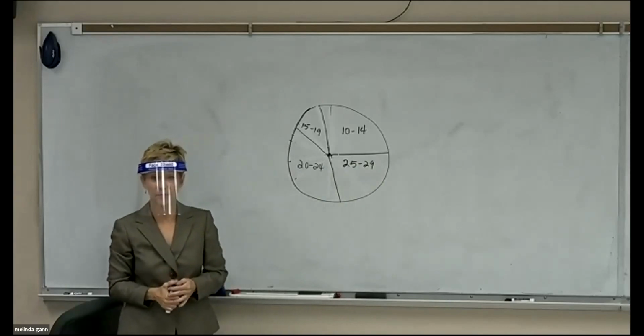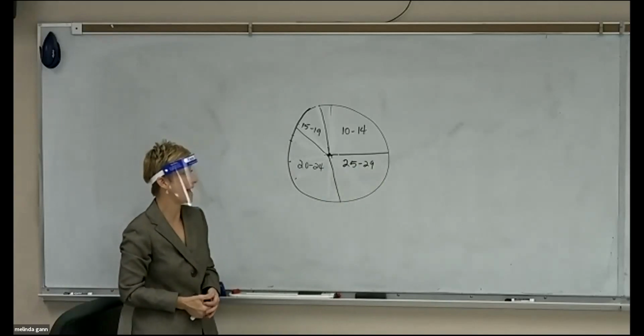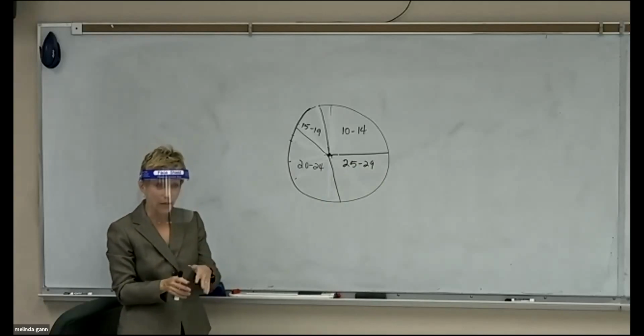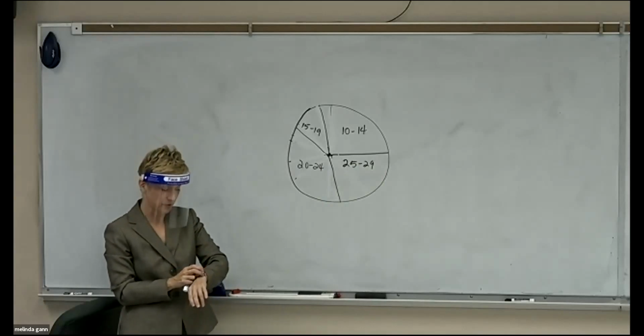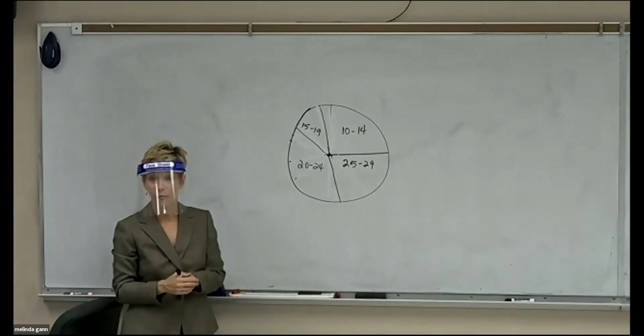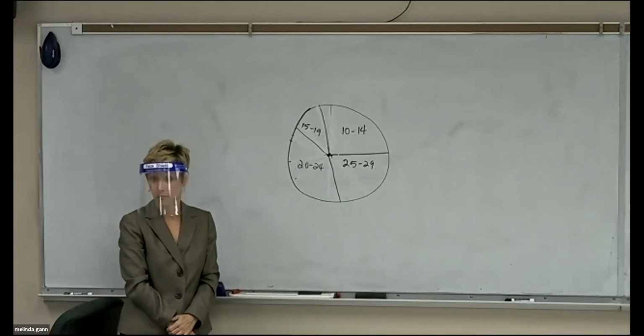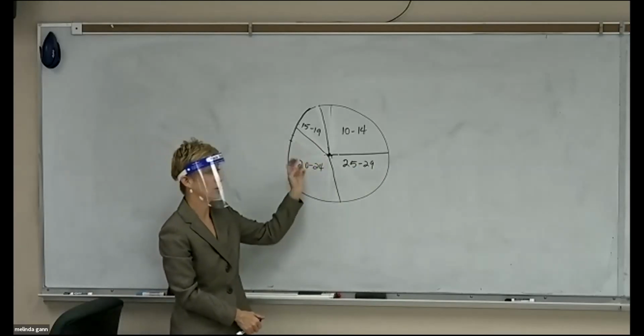So that's what I mean by if you can draw a rough sketch without using a protractor, then you can do that. If that bothers you, just get a protractor for like $1 from Amazon or Walmart or wherever, and use your protractor. But that's what a circle graph looks like.